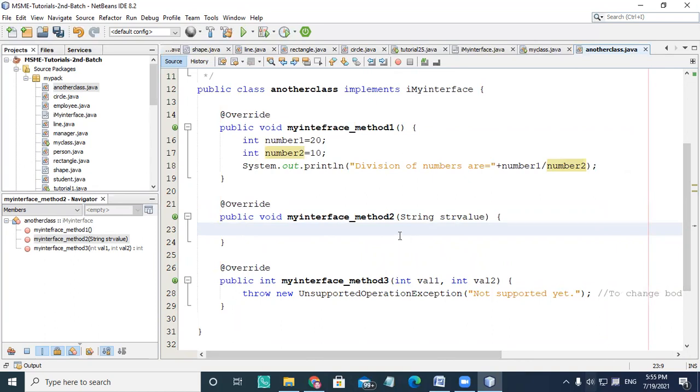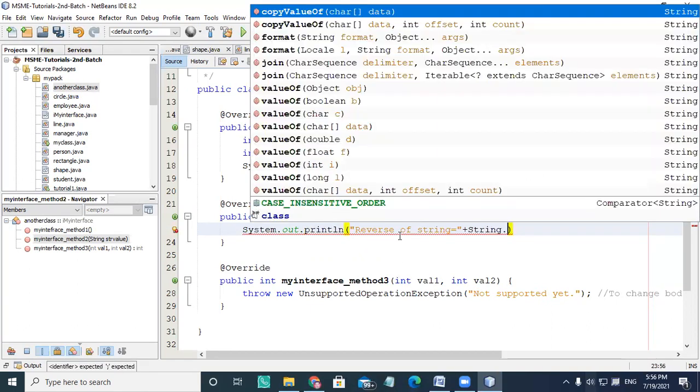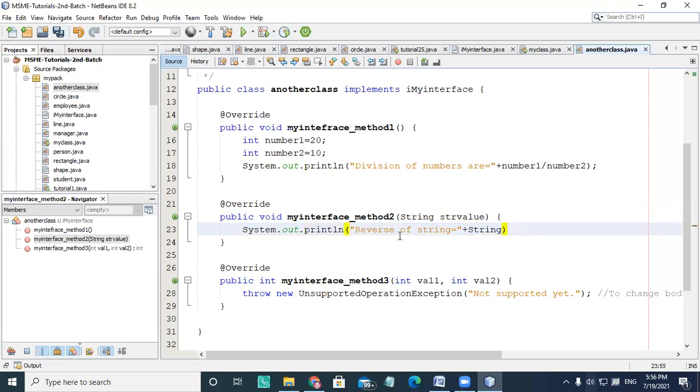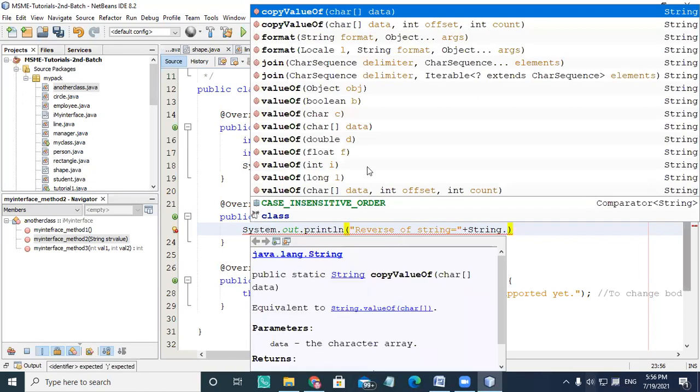And in the second body, whatever string value parameter they give, I can use that string value as an input, but it depends on my wish whether I want to use it or not. So println, and I'm going to use the reverse of a string here, using some function showing the reverse value. If there is a class and I want to find out whether it has a string reverse function, I have to check that.